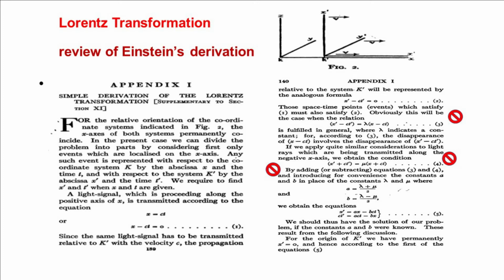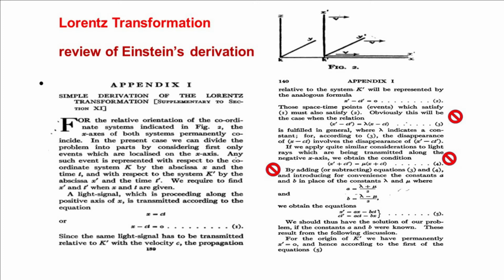Obviously, this will be the case when the relation x prime minus c times t prime equals lambda times the quantity x minus c times t is fulfilled in general, where lambda indicates a constant. (3) According to (3), the disappearance of x minus c times t involves the disappearance of x prime minus c times t prime. If we apply quite similar considerations to light rays which are being transmitted along the negative x-axis, we obtain the condition x prime plus c times t prime equals mu times the quantity x plus c times t. (4)